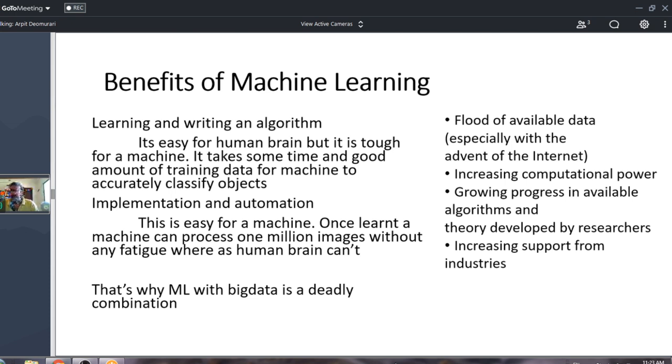In the last 10 years or so, you might have heard a word called big data. It always used to excite me 10 years back. Now I use big data, so I'm kind of chilled out with it. Big data has a lot of potential, but it has a limitation with humans in terms of size, velocity, and the speed at which it is generated. Whatever we are recording or presenting here is a kind of big data in the whole internet ecosystem. And it's a huge flood of available data.